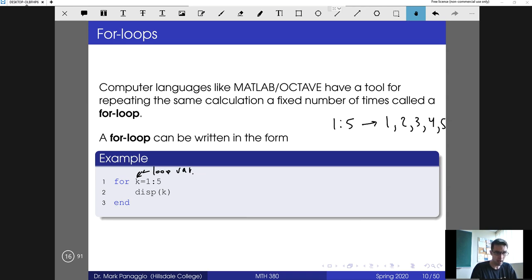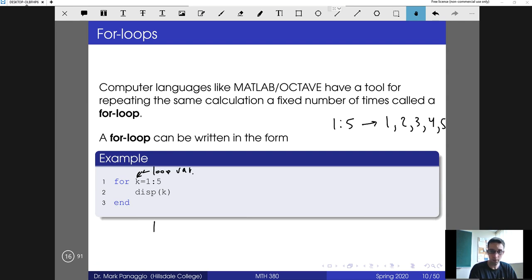And so what's going to happen is the first time the computer reads the code, it goes line by line. The first time it reads it, it says for k equals 1 through 5, and it makes a note, okay, I'm going to have to repeat this task over and over again, so I'm going to keep coming back to this point. And so then it goes on to the next line. It says display k, and the first time it goes through the loop, k is going to be equal to 1, so it's going to just display a 1. Then it hits the keyword end, and that marks the end of the loop,